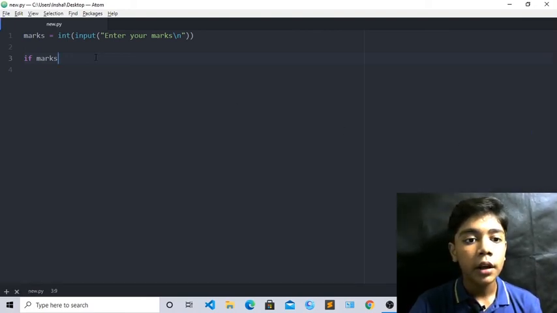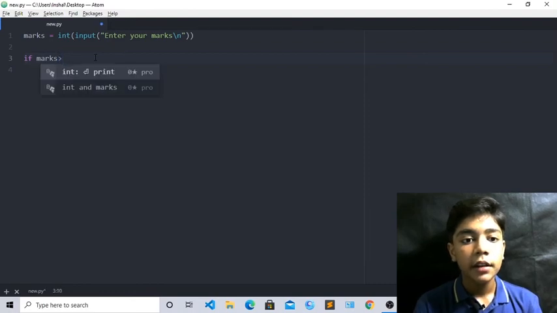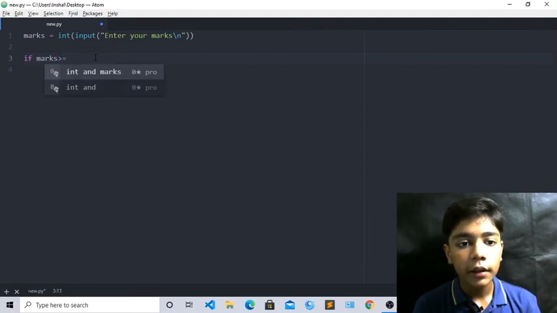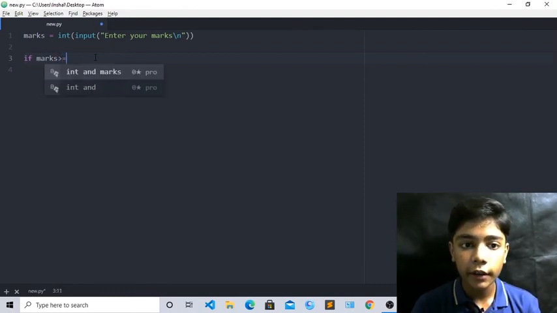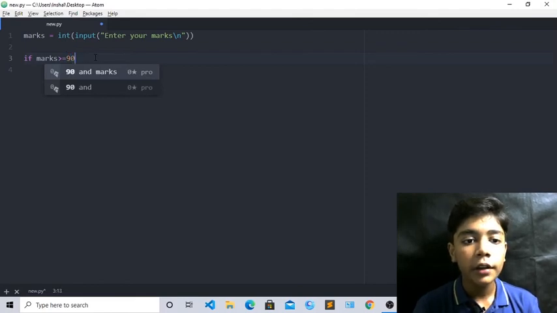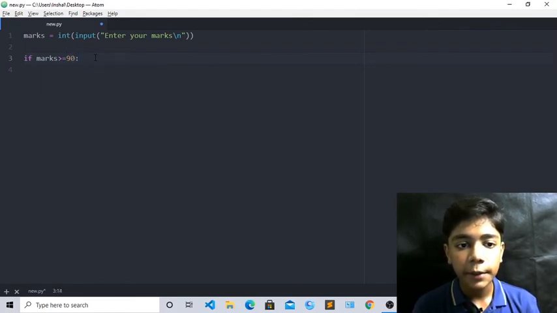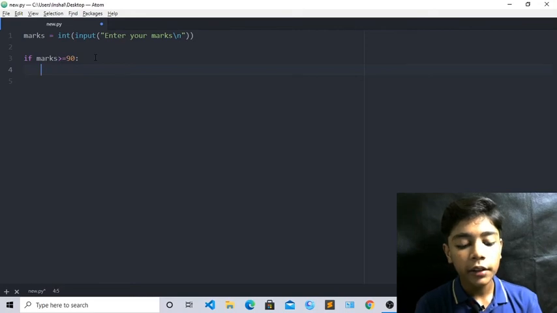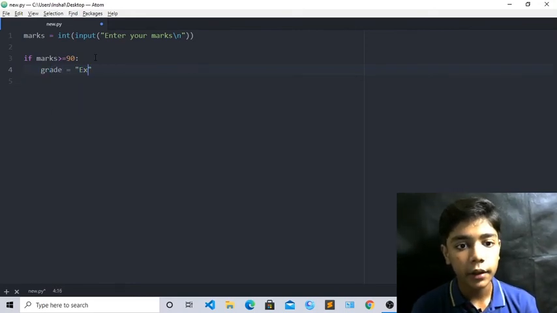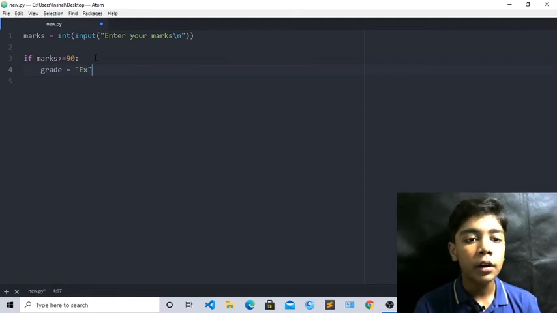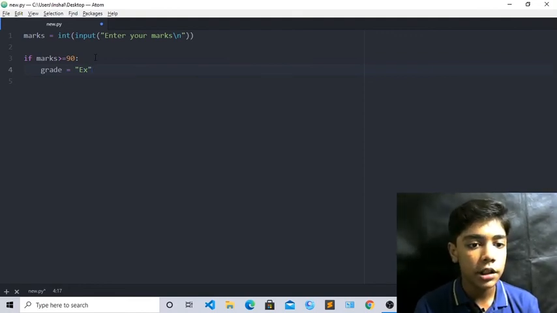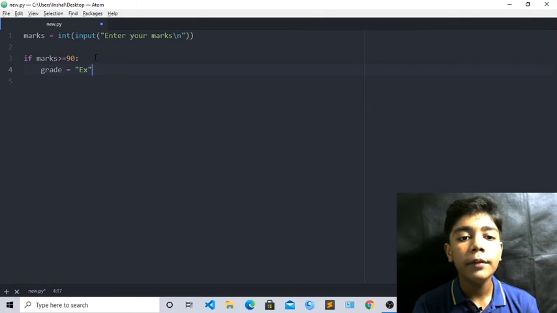Now you just have to write this tag and equal to again, and now write 90 here. When you have written 90, write a colon again. Now underneath that you have to write grade. Grade will be A+ here. Now when you have done that, we have written the if tag first. Then we will write the elif tag.